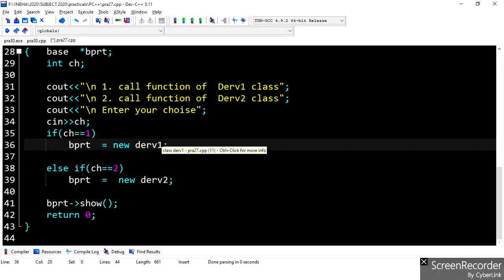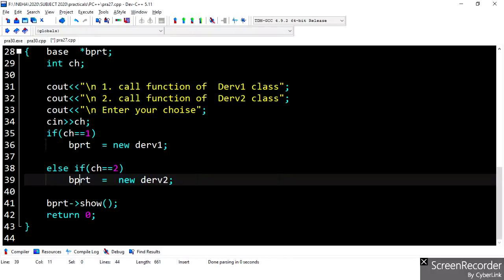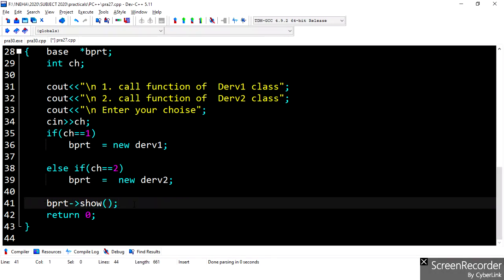So it will automatically point to the object of derive 1 class, and if we enter choice 2, then bptr, the base class pointer, will point to the derive 2 class object, which is also created using the new keyword. Now at the last we are calling the show function, that is the void show function that exists in both derived classes, right? So now let's see.